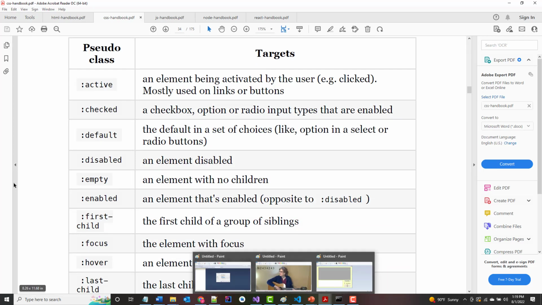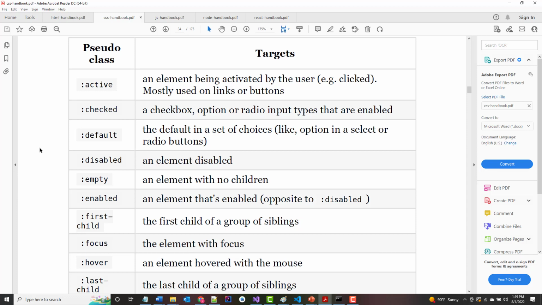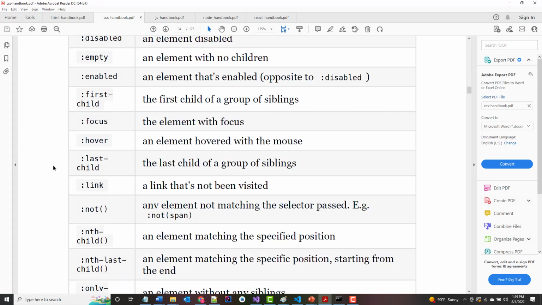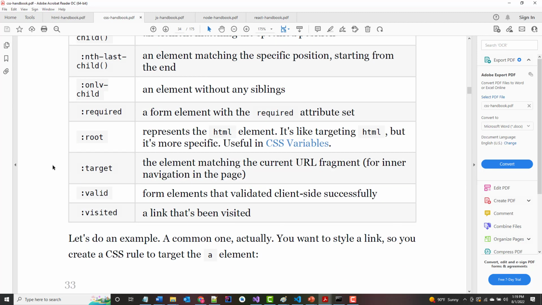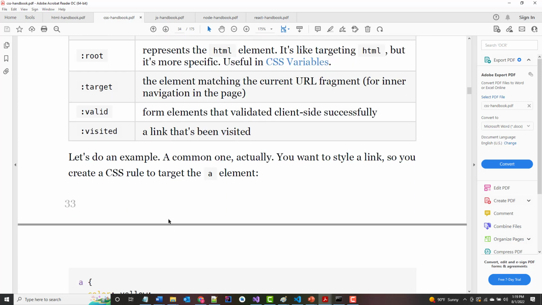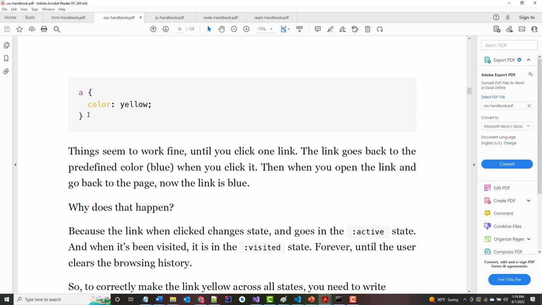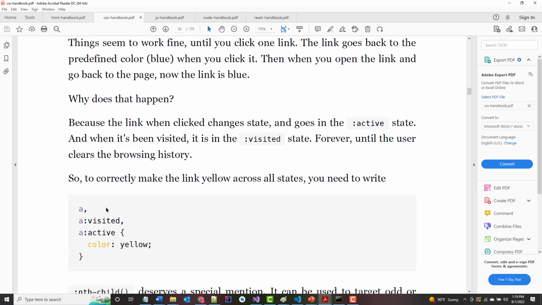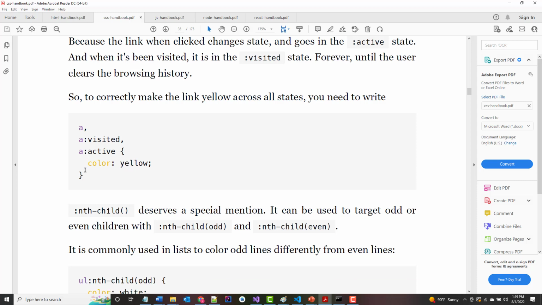All right, pseudo classes. Here are some of them. All right, and some more. It says, let's do an example, a common one actually. You want to style a link to create a CSS rule for the anchor element. Well, we've already done this. We've done something like this. All right. So here,